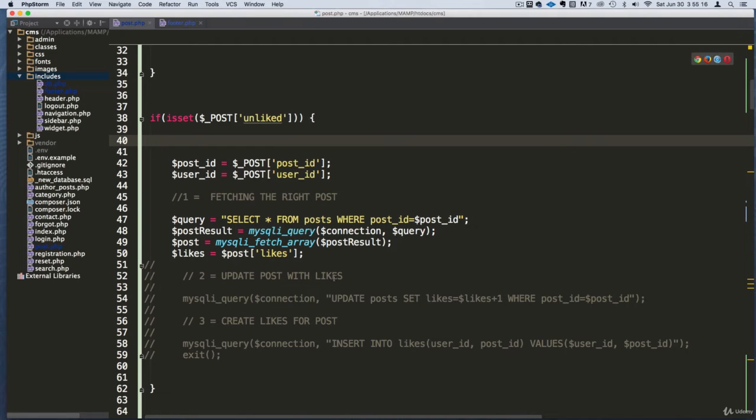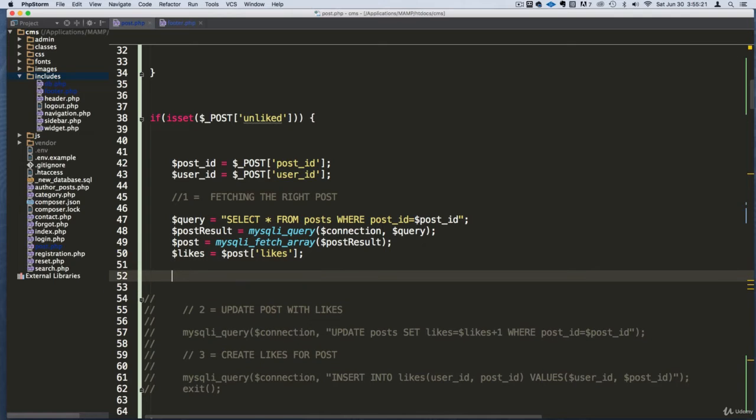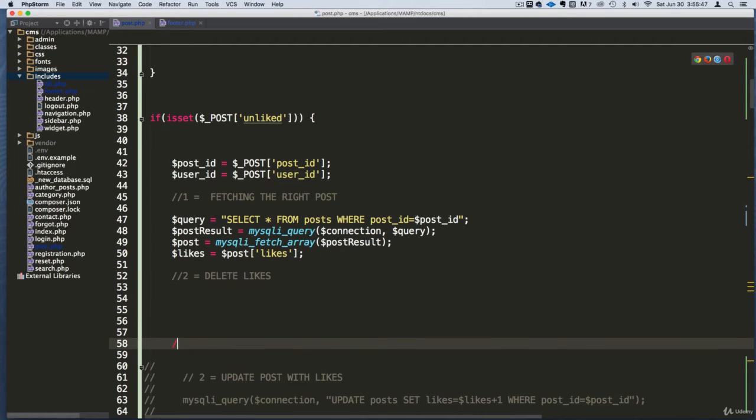Then, okay, this is going to change a little bit. We need a delete functionality because we need to delete the likes every time we unlike a post. Okay, that's the way we're gonna detect this. So we need to delete likes, or decrement the likes, right? Well, we need to delete likes actually, first of all, and then we need to update our post to decrement the like, okay? So delete likes, that's it. And then here would be something like decrement or update